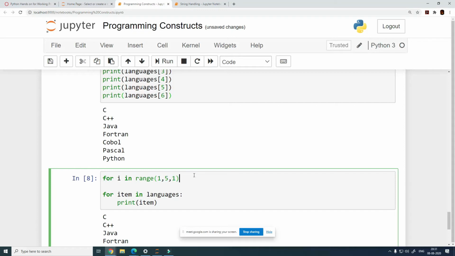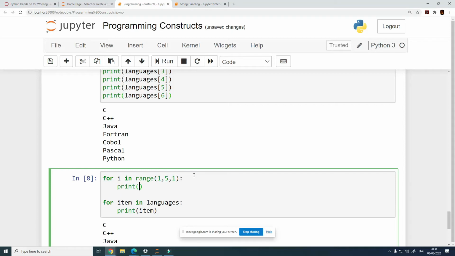When we were doing this and printing the value of I, this range generates a list of values from 1 to 4, 1, 2, 3, and 4, and my loop runs 4 times, each time with a different value of I. The same thing is happening here as well. This is the list itself, and it has 7 elements.